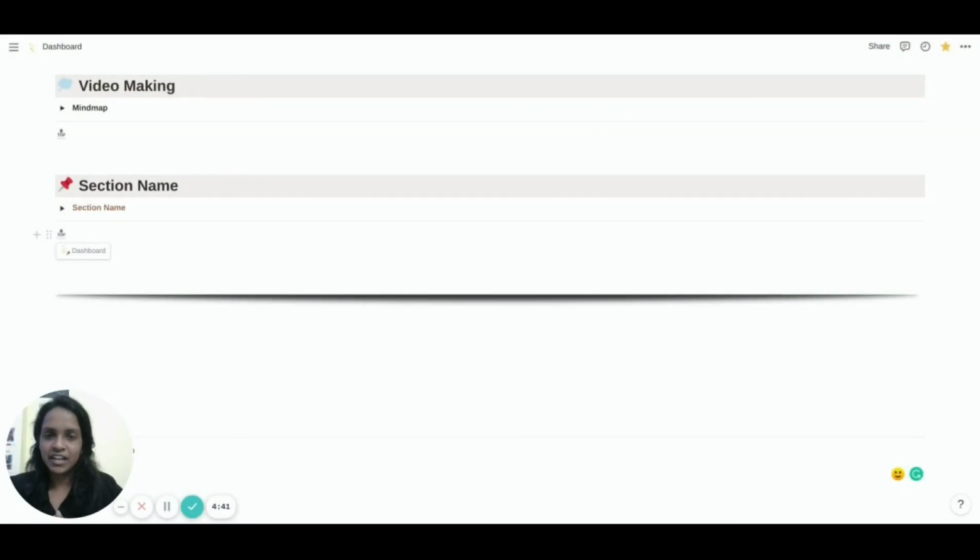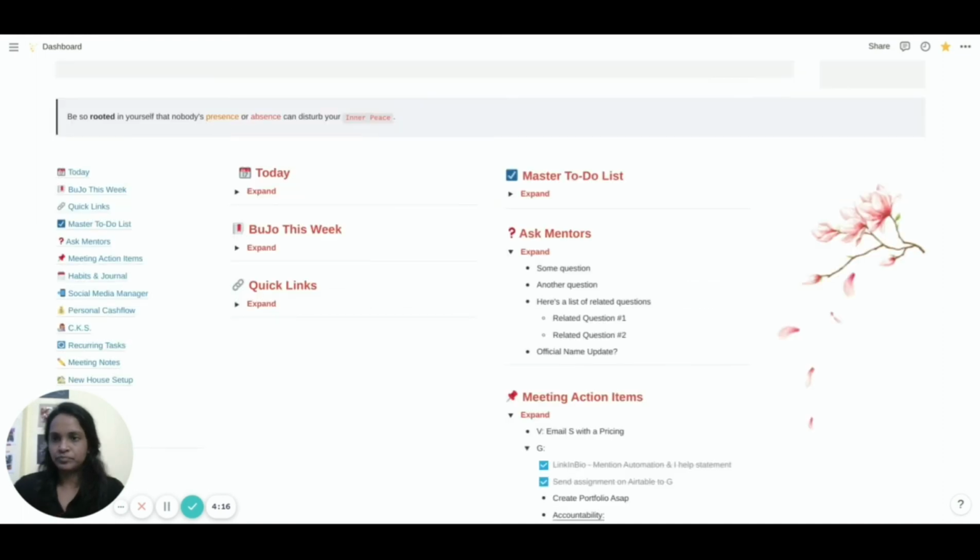A simple but amazing hack that I have used on this page is I created this emoji link to the top of the page. Since you can get the link to any block directly within a Notion page and create a hyperlink anywhere within the page, I created these little emoji hyperlinks and placed them at the end of each section. So this gives me an efficient way to move back to the top of the page without having to scroll all the way back up. So I'll just click on this and I will move directly to the page top. Yeah, so I'm on the top right now.